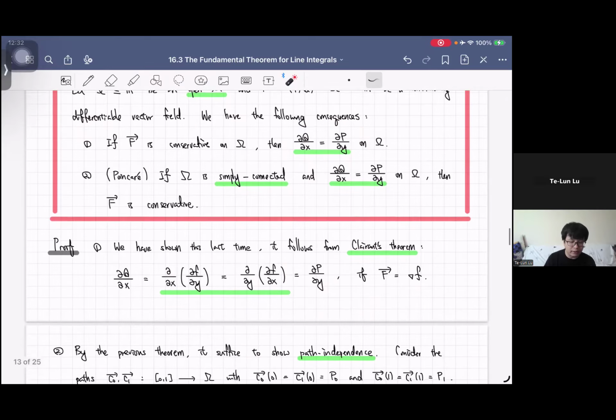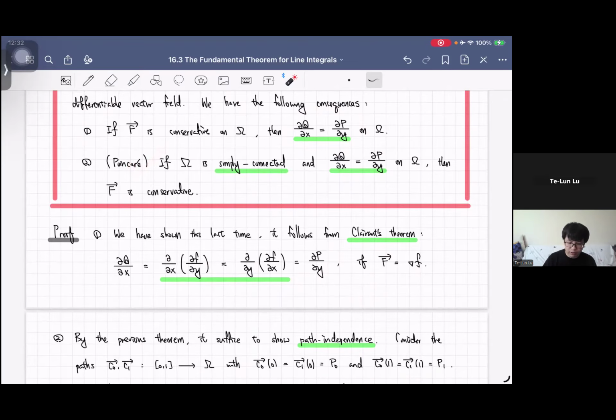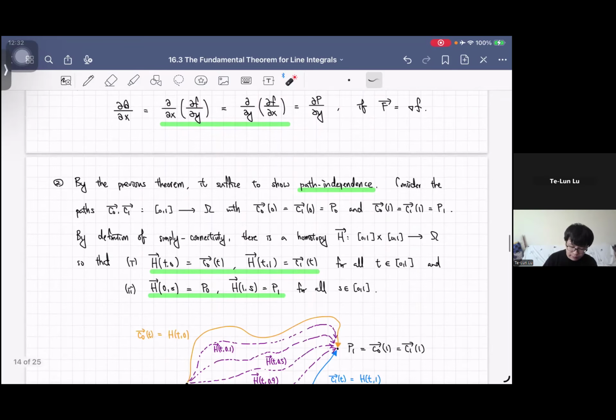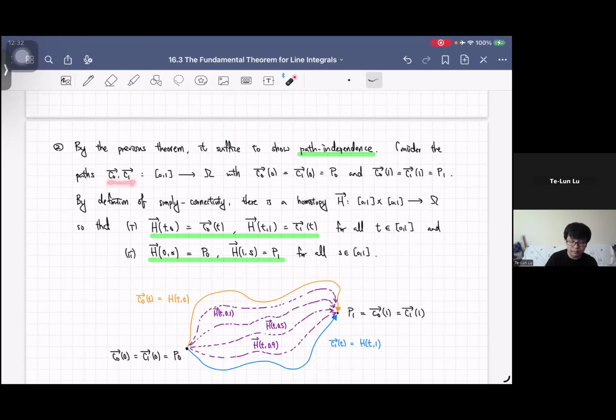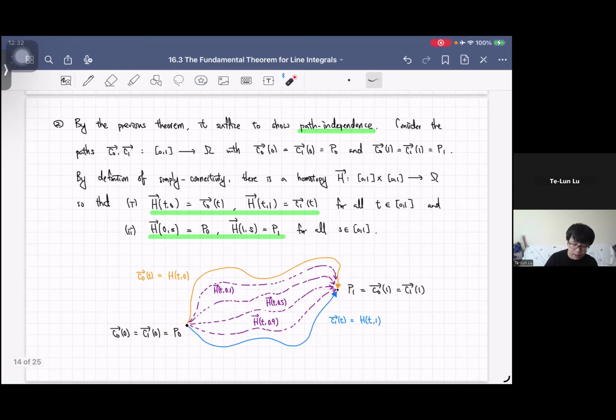Now, on the other hand, let us prove this Poincaré theorem, whose proof is actually really elegant. First of all, let us remind ourselves what simply connected is. Simply connected basically means that given any paths C0 and C1, we can reparameterize them so that the curves are defined on the domain [0, 1]. Take two curves with the same starting point, C0(0) and C1(0) both P0, and the same ending point, C0(1) and C1(1) both P1. Simple connectivity of a set says that for every such pair of curves with the same starting and ending point, you can always find a so-called homotopy, which is a function defined on [0,1] cross [0,1] towards omega that